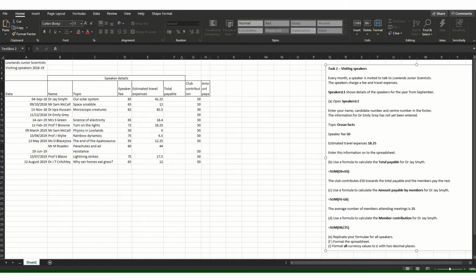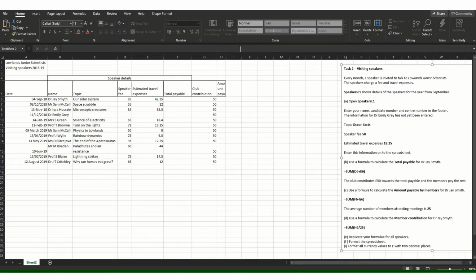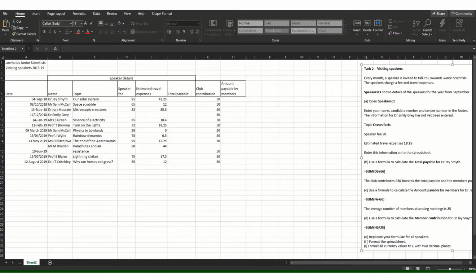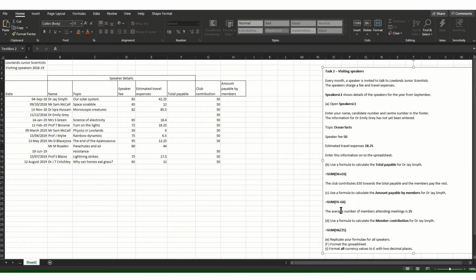Might just widen that out a little bit. Sometimes we can do the click, but it doesn't always click everything we want. So there we go, we'll just widen that out. It's a bit easier to read. Okay, so again, it's always worth having a look at your spreadsheet and the questions you've got. Obviously what I do is I put the formulas in for you so you can actually see what's